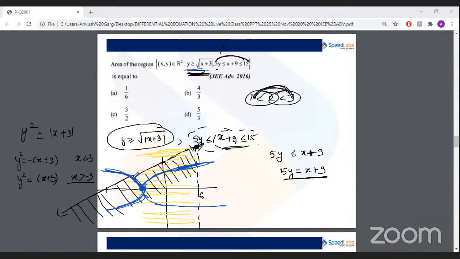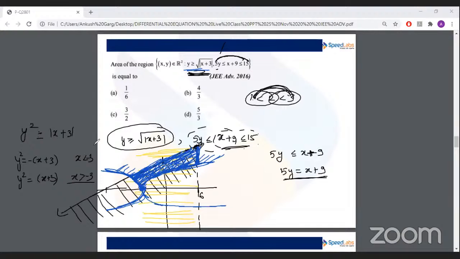So can you see, we will get this part. y should be greater than this, so it will be above this, and this whole part should come. So can you see which part is common in all the 3? Do you see this part as common? Because we want x to be less than 3, 6. We want our area to be on the left hand side of this line and above these parabolas,